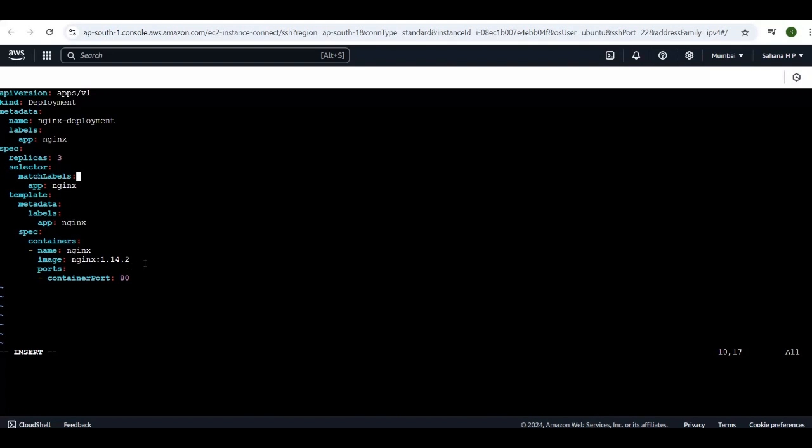It's the Docker container image. And the port, here we are using the container port as 80. It tells Kubernetes that the container exposes port number 80, the default HTTP port used by the nginx web server. We are using the default HTTP port. So to save this,